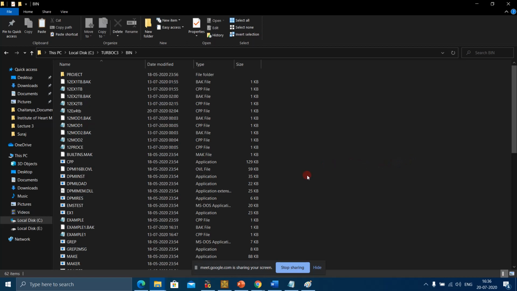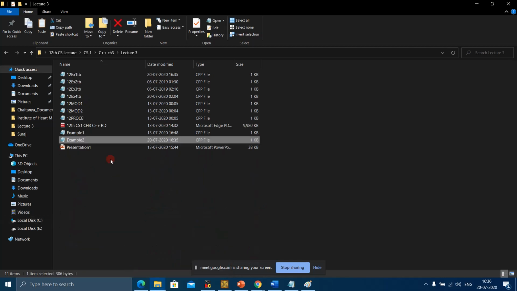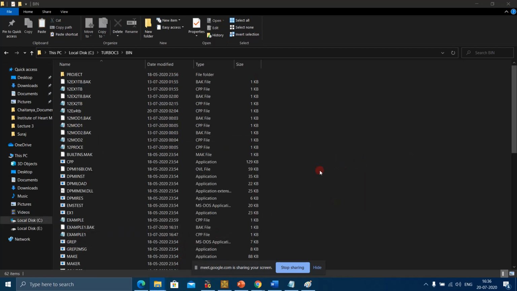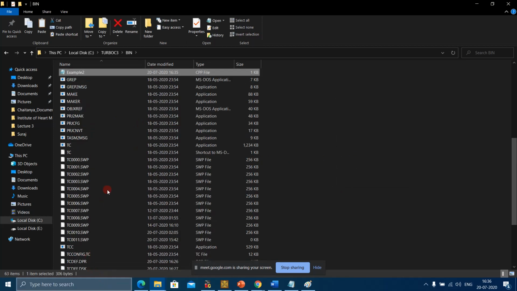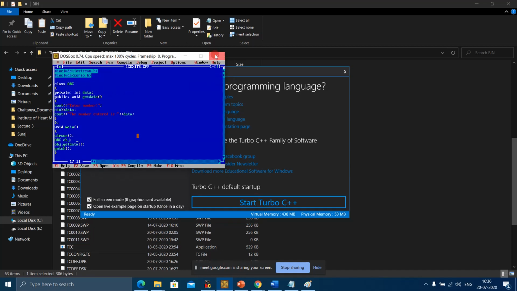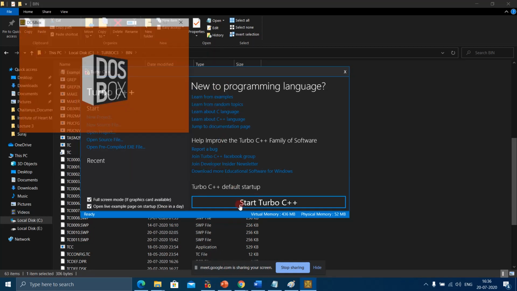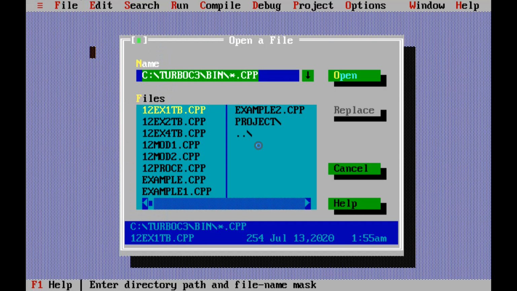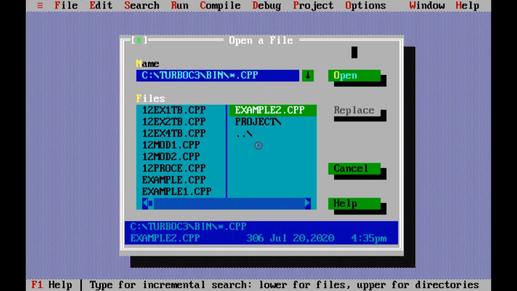In that folder you can find the bin folder, and you'll have to copy this file in the bin folder. Here I have copied it, and now I will open it with Turbo C++. File, Open. The name was example2.cpp.